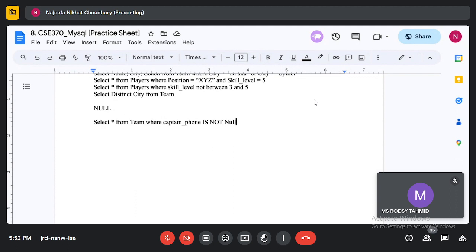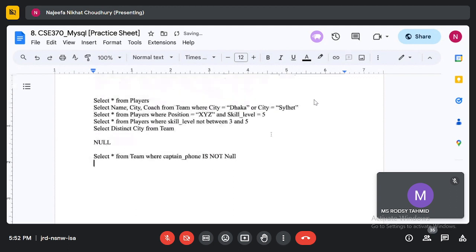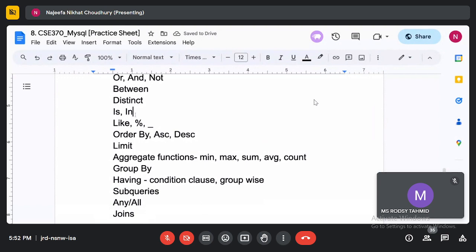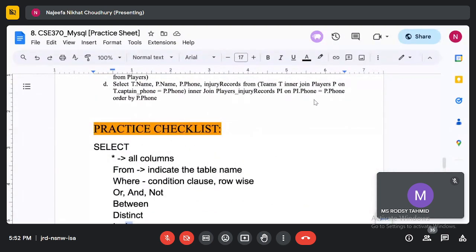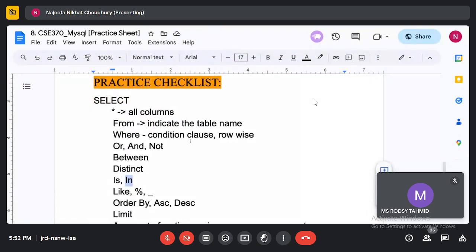Okay, so the next keyword was IN. IN is also used to find values, but it is used to find values in a list.